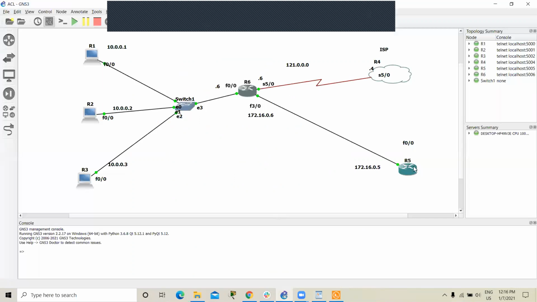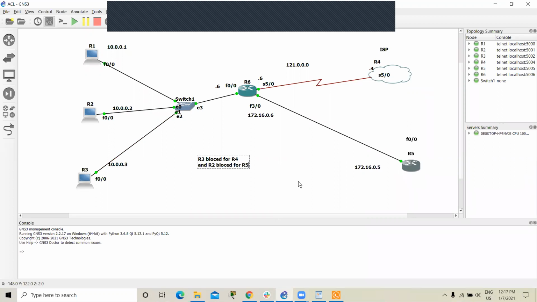In this, we can assume this router 5 is also an ISP, or one more destination. So what I want: router 3 blocked for router 4, which we can say is the ISP, and router 2 blocked for R5.